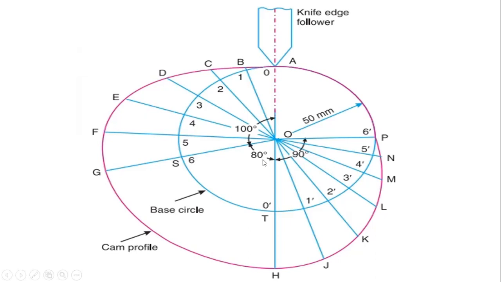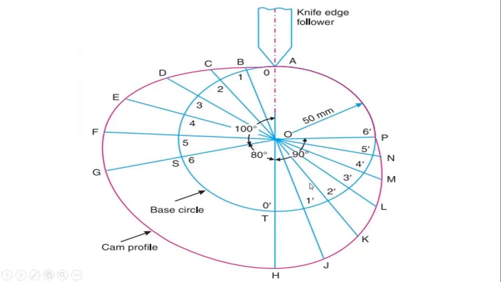Then take 80 degrees for the dwell period. So this is the dwell period. From this point you have to take the 80 degrees in the protractor and take OG as length, O as center, and draw an arc by using a compass. So from G, draw an arc to H. For the 80 degrees, we have to draw this arc not by using the freehand curve. We are drawing it by using the compass only because it is the dwell period.